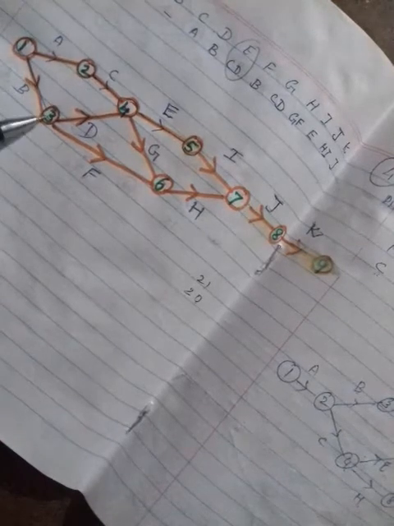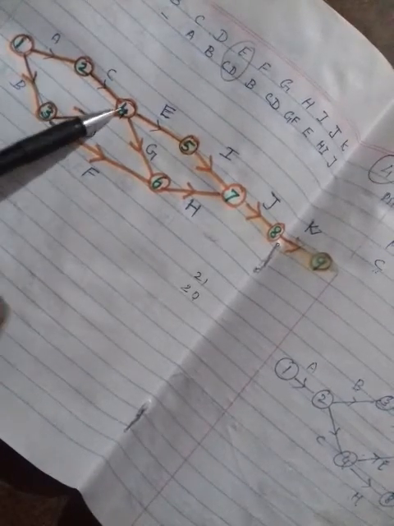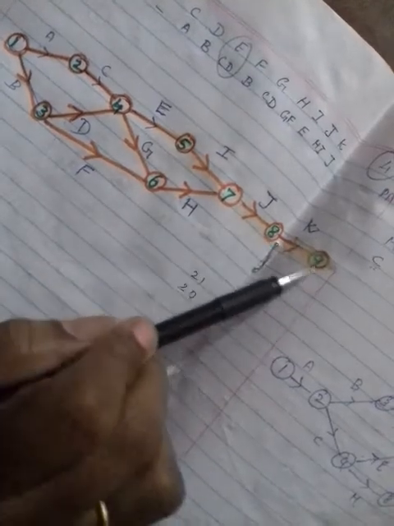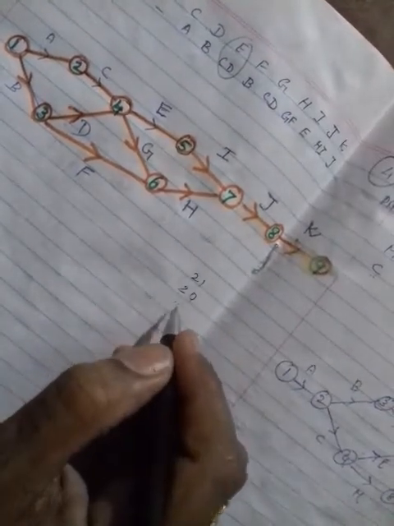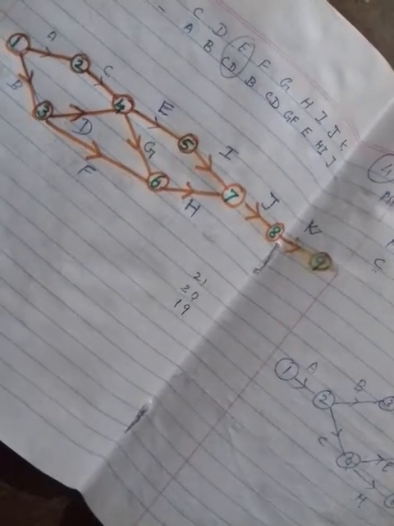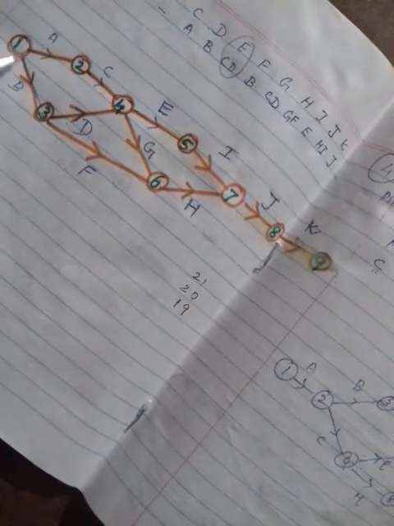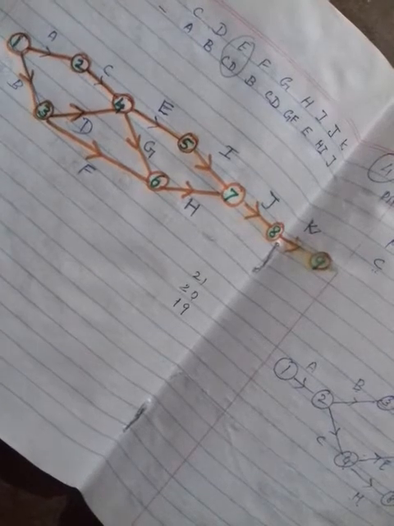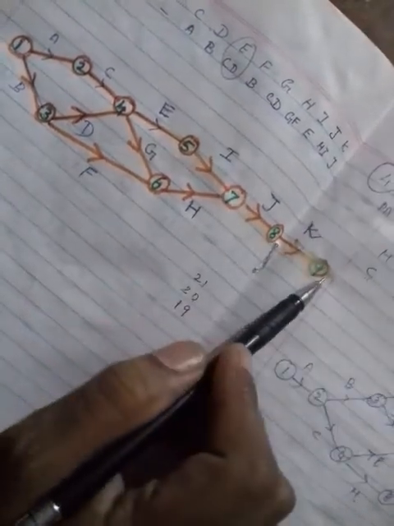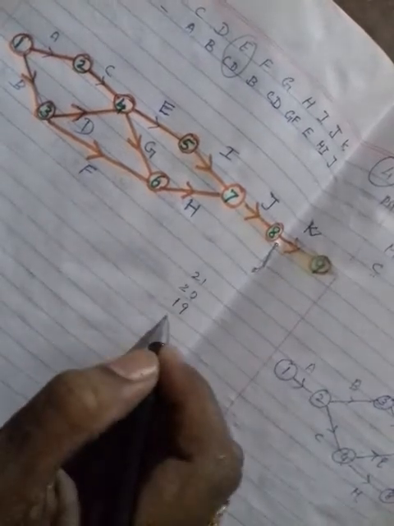See, 1 to 3 and 3 to 4, you can go to 4 to 5, 5 to 7, and 5 to 8 and 5 to 9. Say if you add all the time duration, for example, you get 19. And see, another path is also there: 1 to 3 and 3 to 6, 6 to 7, 7 to 8 and 8 to 9. So if you add, you get 18.